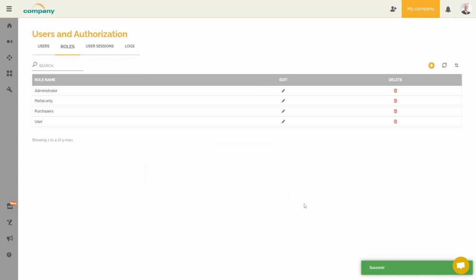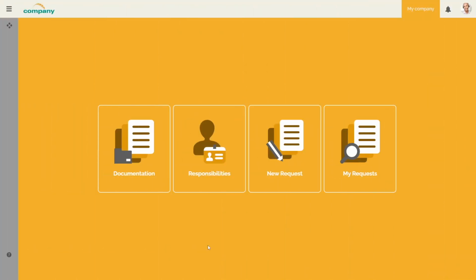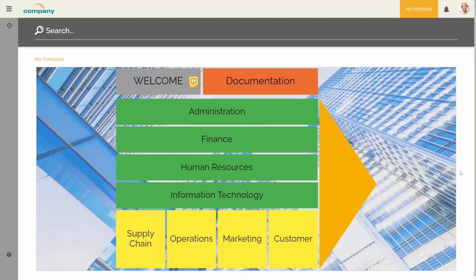We will log into John's account to check for this update. The process landscape is now visible in the portal. The user still has access only to the 3 selected processes. If we click for example on Administration, the system does not redirect us to the documentation of the desired process.